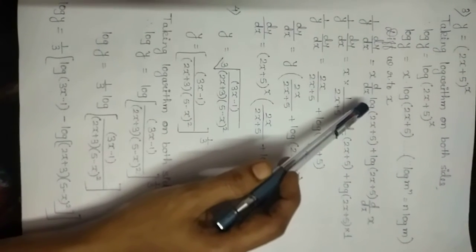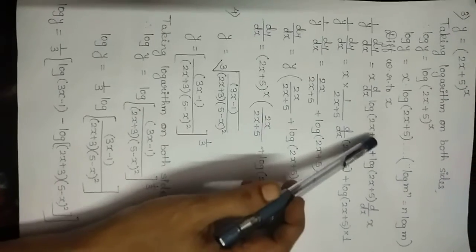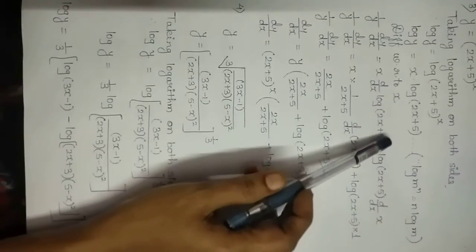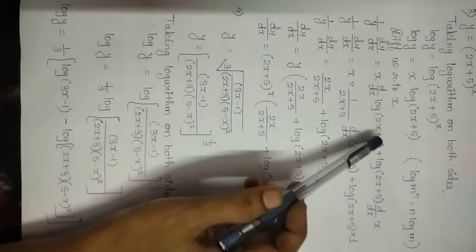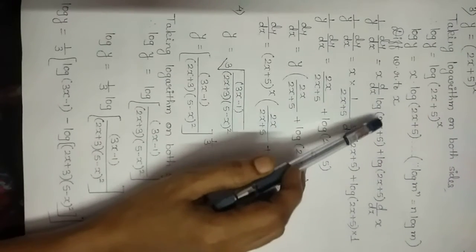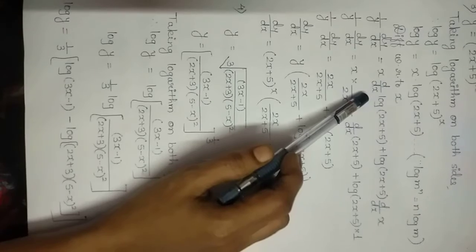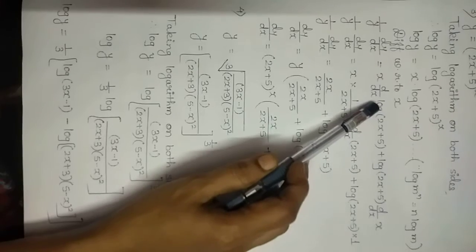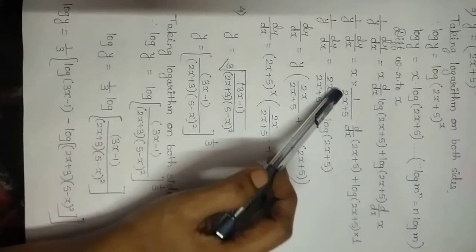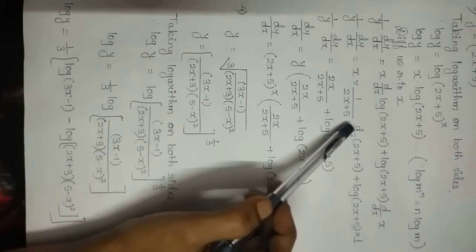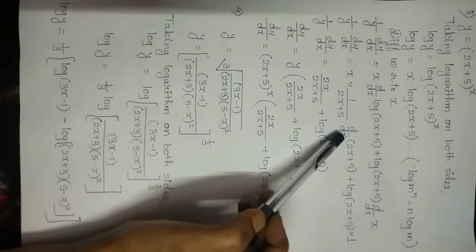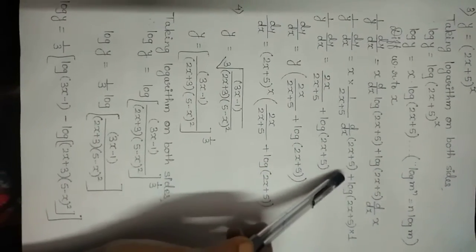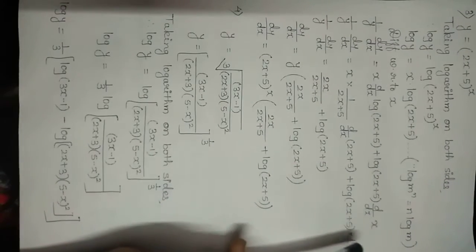Now we know how to find the derivative of log of 2x plus 5. We already learned this while solving the composite function. So here this 2x plus 5 we will consider as only x. So the derivative of log x is 1 upon x. So here derivative will be 1 upon 2x plus 5. While reading we will read this as log x. But while writing we will write the given value of x into again the term which we have considered as x, derivative of that term. So derivative of 2x plus 5, plus this log function as it is, derivative of x is 1.